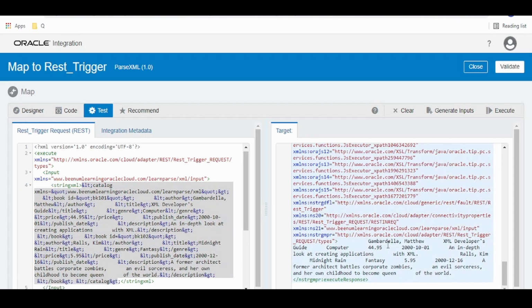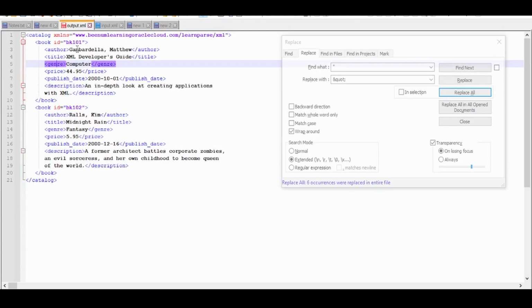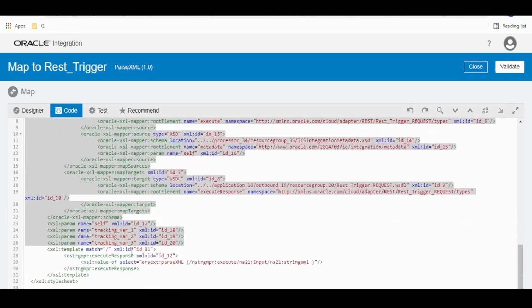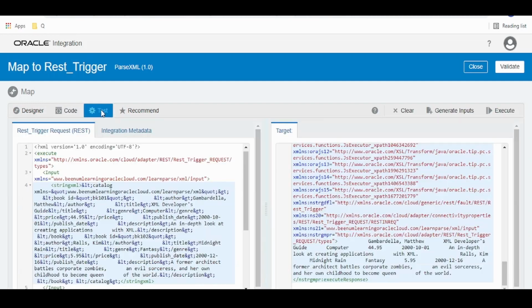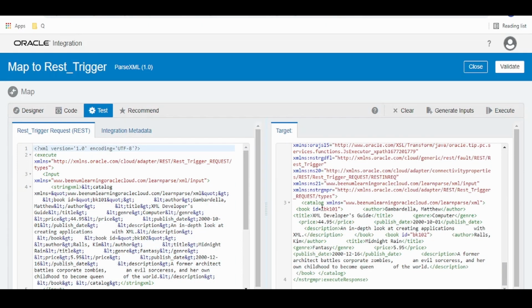Okay, you will ask, we are just getting the data, what about the tags? We are getting only the data at text nodes in this XML tree. What about the element nodes? We are not getting the element nodes over here. For that, we have to switch over to this code view. Instead of value, we are copying the entire matched XML node. Go to test now and click on execute. As you see, we are now getting catalog and namespace, all the tags.